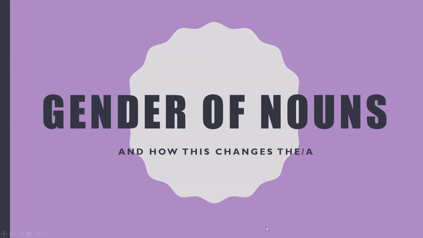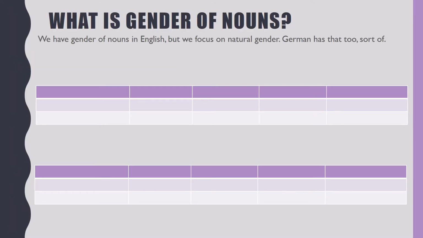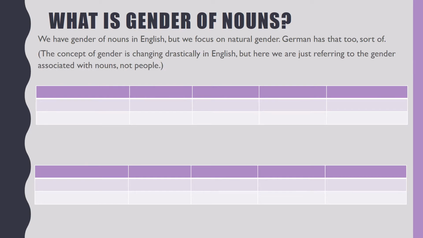This video will focus on gender of nouns and also on how this changes the words the and a. What is gender of nouns? We have gender of nouns in English, but we focus on natural gender. German has that too, sort of. The concept of gender is changing drastically in English, but here we are just referring to the gender associated with